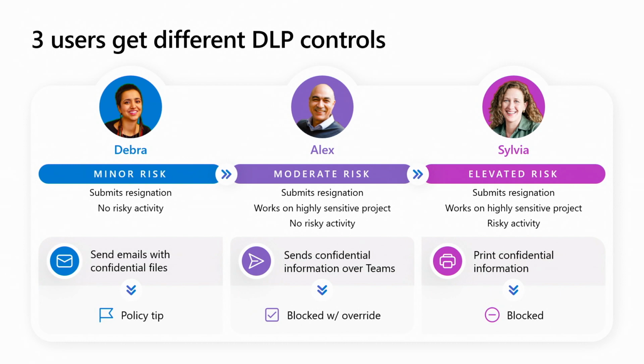Last, Sylvia. A bit more sketchy, a bit more risky. So she, for example, tries to print a confidential document. Maybe the experience we want her to have is blocked. Not even an option to override that. One policy that adapts across the board like that. That's what we're going to show you. So let me switch over